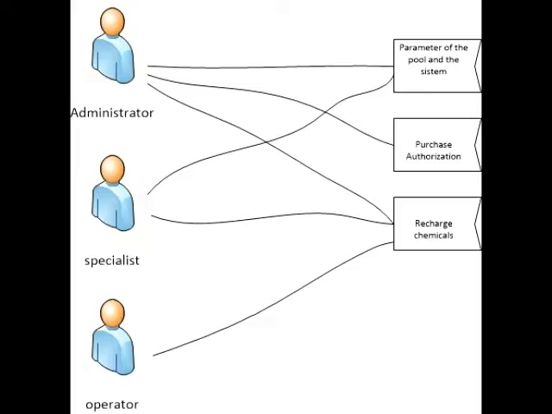That means configure the parameters of the pool, authorize the purchase, or say yes, buy 3 kilos of chlorine, and can recharge the chemical. So he can go and the system says, okay, you are an authorized person, and opens